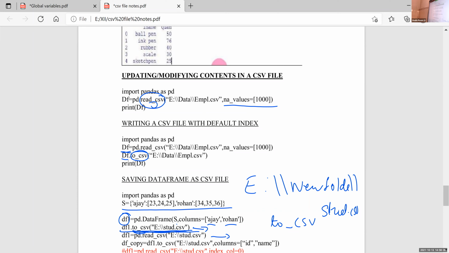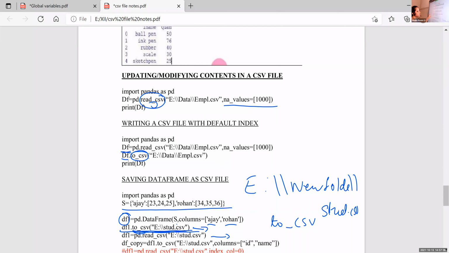So in the case of CSV file, for reading, we use read_csv. For writing or for converting, writing means the same way that is data frame is converted to CSV file. For that purpose also, we are using the same to_csv. To_csv means for writing to a CSV file, if it is data frame or series.